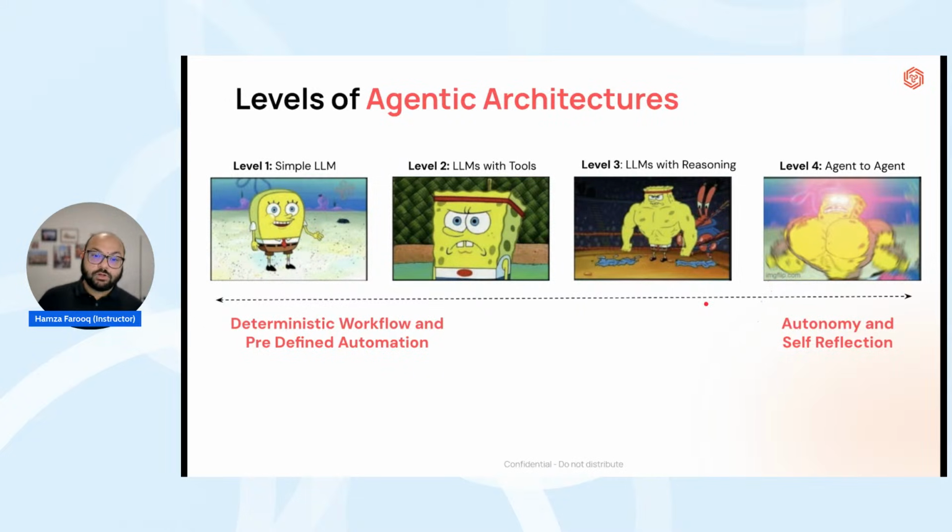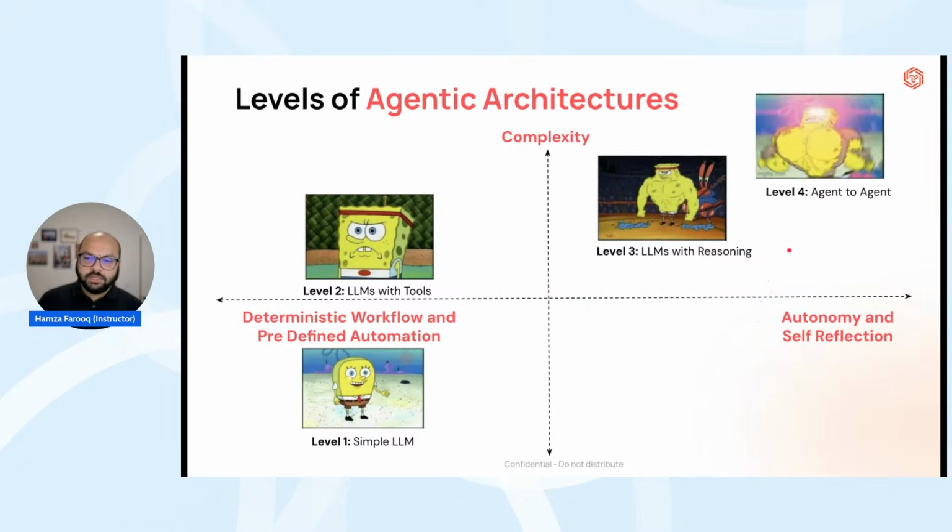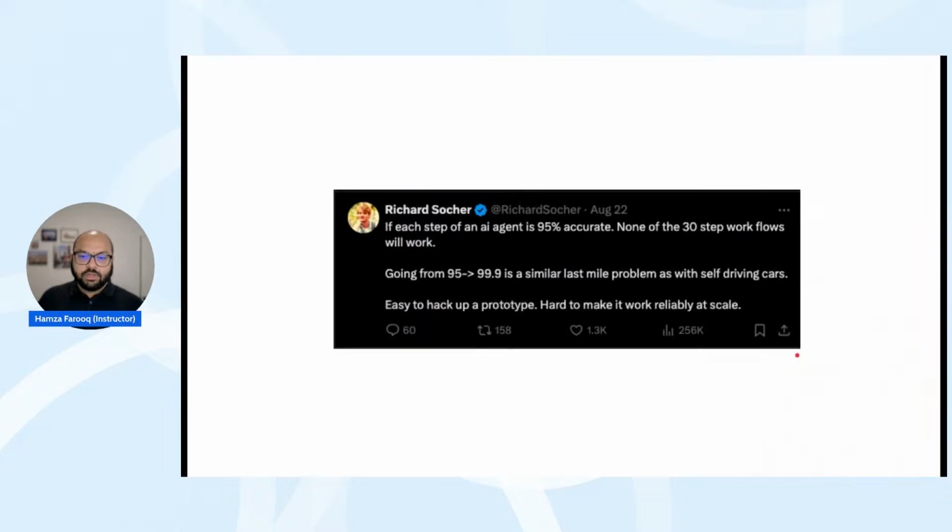If you remember, I talked about productivity in the first class. I talked about how level 1 and level 2 agents, or automation, are focused on productivity. Level 3 and level 4 are focused on introducing more complexity. We'll talk about level 4 in detail in tomorrow's class. I don't want to confuse you right now, but think about ReAct agents or reasoning agents taking control of what needs to be done, versus you telling them exactly what to do. You basically give them more control. They're more complex, and they have higher autonomy and self-reflection in how they build a tool.